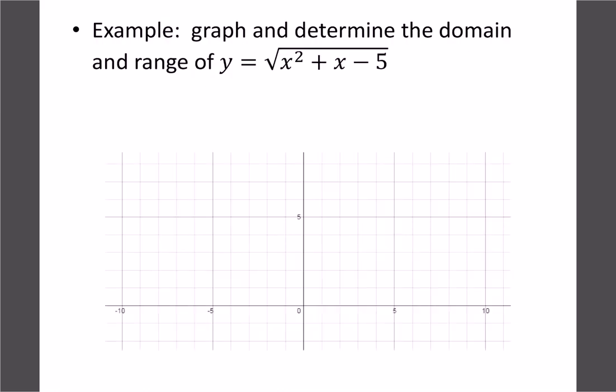So let's try another one. This one is a quadratic graph. If we graph our original, the x squared, we would get an intersection point at -2 and one at +3. So our graph will look some sort of quadratic, kind of like that. So now when we draw our square root,